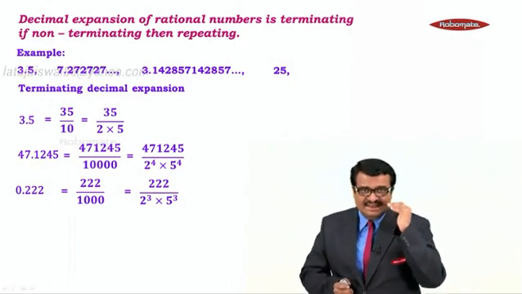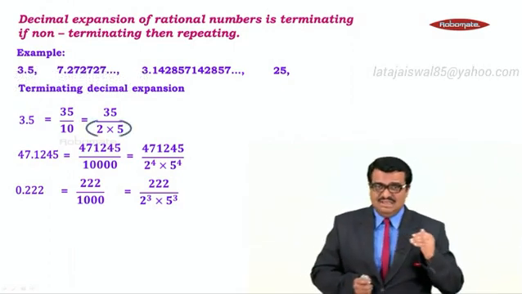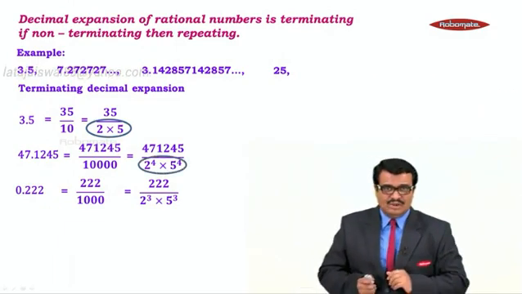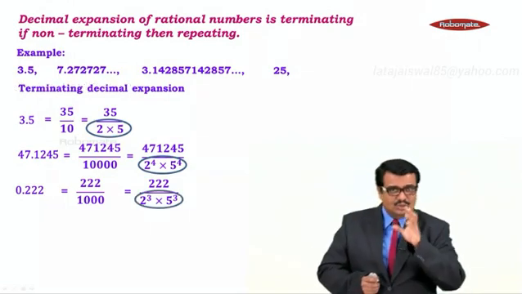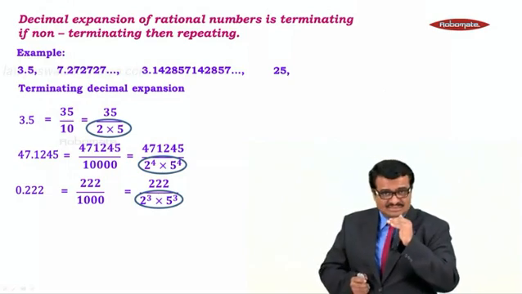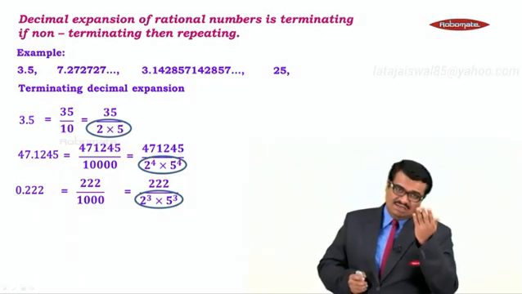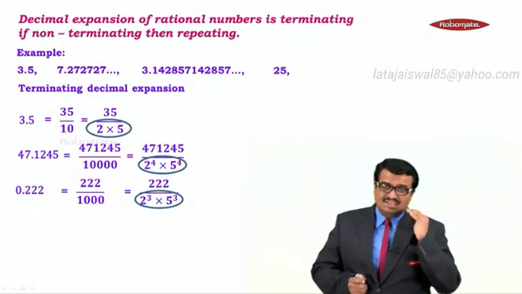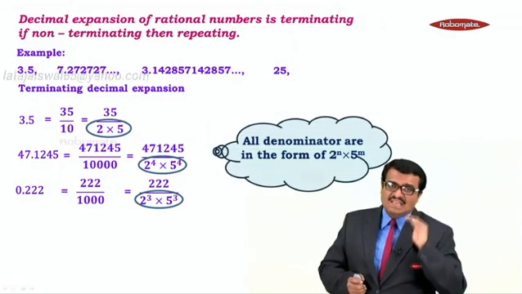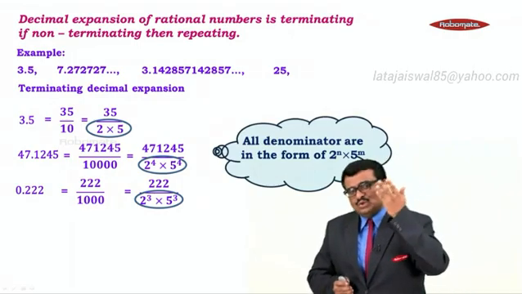Now if you see all these 3 fractions, all the 3 rational numbers, the first number has 2 into 5. The second number, 2 raised to 4 into 5 raised to 4. The third number, 2 cube into 5 cube. What do you understand by all this? These are rational numbers, means they have got either terminating decimal expansion or recurring decimal expansion. But if you look at the denominators of all the 3 rational numbers, all the denominators are in the form of 2 raised to n into 5 raised to m. The powers may not be the same. It can be 2 raised to n into 5 raised to m.